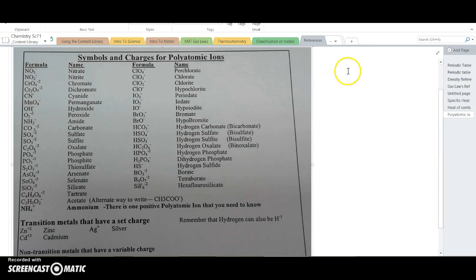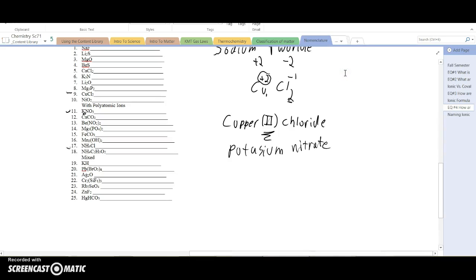So in the case of this problem, NH4, all we'd have to do is name our ions. So that would be ammonium, and then we change chlorine to chloride. So ammonium